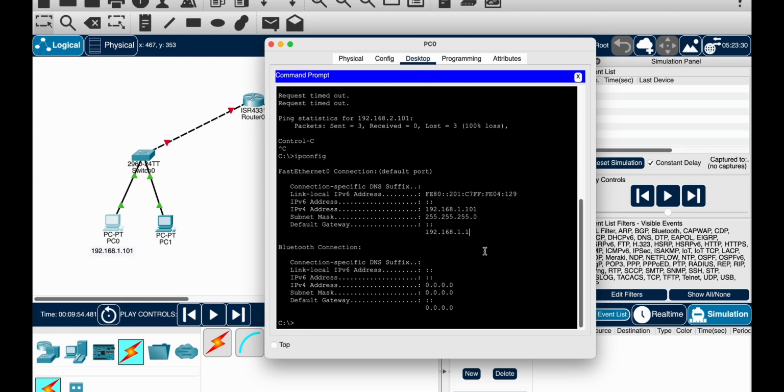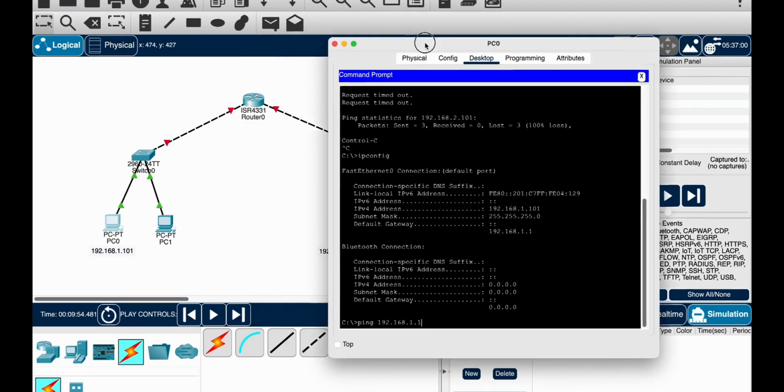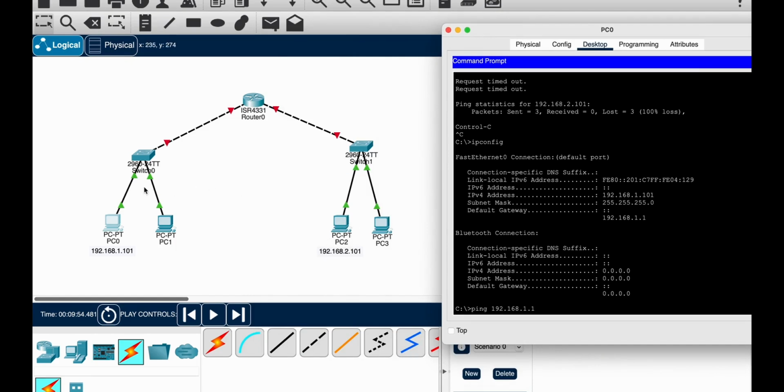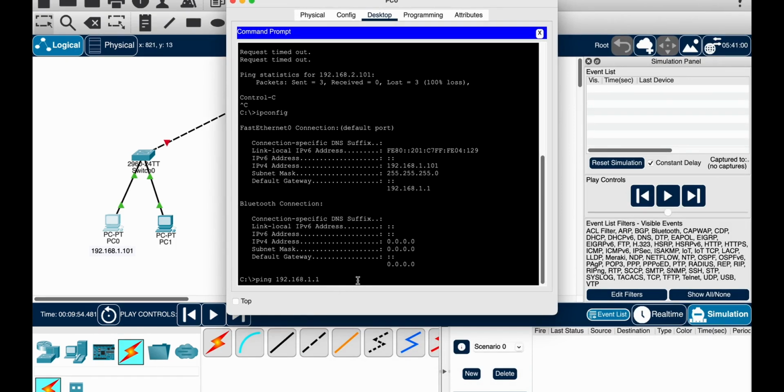So the first thing, whenever you're doing any sort of network troubleshooting, is to send a packet out to your gateway. So for that you always say ping 192.168.1.1. What we're trying to do is establish whether we are able to communicate from our end device to our gateway. If we can, then we can be sure that at least our local area network is configured properly. Even though we are eventually trying to communicate to PC2, we are going to first make sure that we can communicate with our gateway. Okay, so let's go ahead and run this.